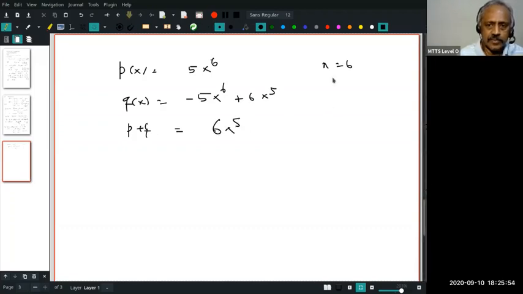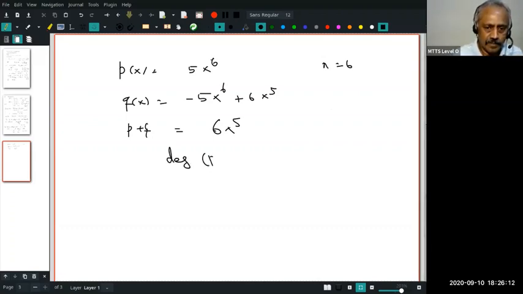You understand? So if I consider only polynomials of degree 6, the sum of two such polynomials may not be a polynomial of degree 6. But what I know, its degree will be less than or equal to 6. Is that clear? Therefore, degree of p plus q will be less than or equal to degree of p,